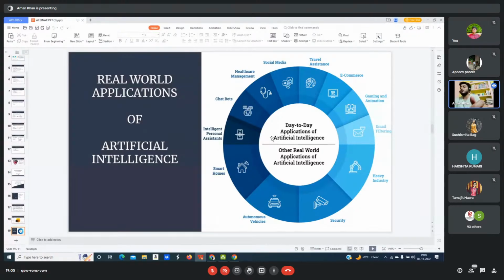इंडस्ट्री में यूज किया जाता है, सिक्योरिटी में यूज किया जाता है, ऑटोनोमस व्हीकल में, टेस्ला कार्स वगैरह में यूज किया जाता है, होम्स में यूज किया जाता है, अभी हमने फैन का एग्जांपल दिया तुम लोगों को, ठीक है ना। स्मार्टफोन्स में यूज किया जाता है, लाइक सीरी है, कोर्टाना है, एलेक्सा भी है। चैटबॉट्स में यूज किया जाता है, हेल्थ केयर मैनेजमेंट सिस्टम में यूज किया जाता है, लाइक डिजीज प्रिडिक्शन एप्लीकेशन बनाया जाता है इसके ऊपर। सोशल मीडिया में तो बहुत हेवली यूज किया जाता है, मतलब इतना हेवली यूज किया जाता है कि इसकी वजह से राइट्स भी हो जाते हैं कभी कभी।